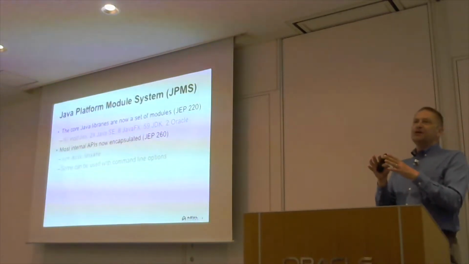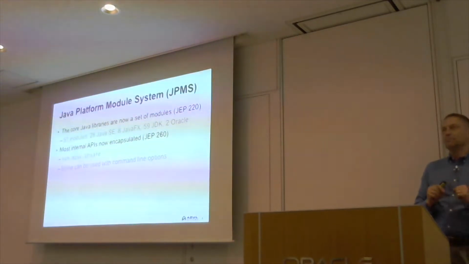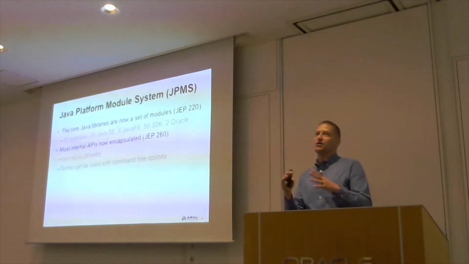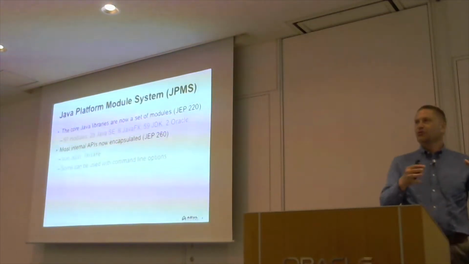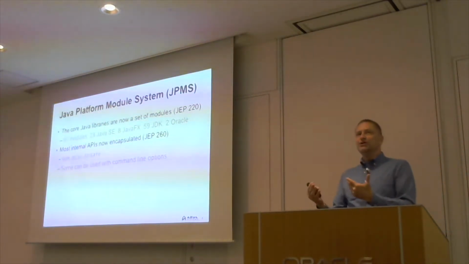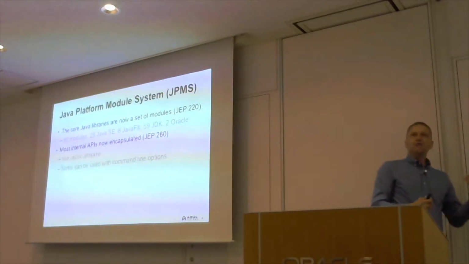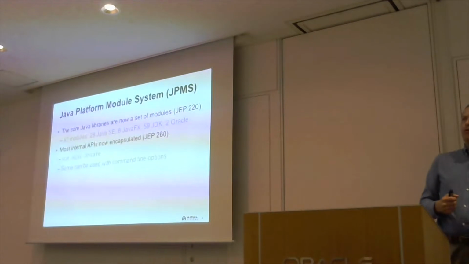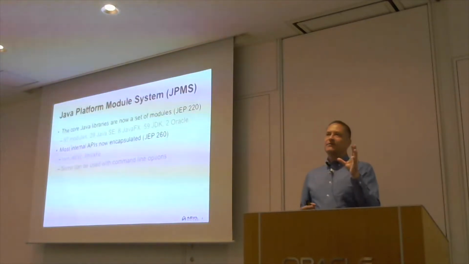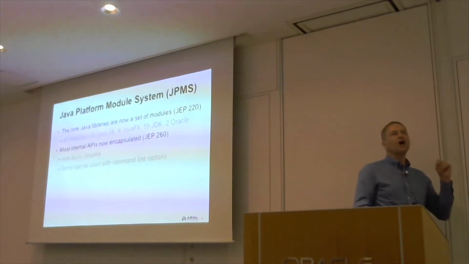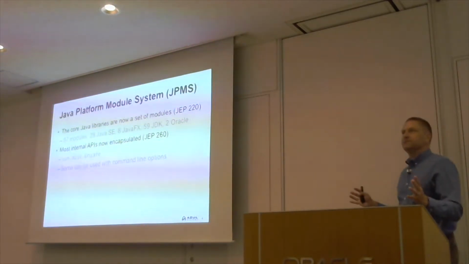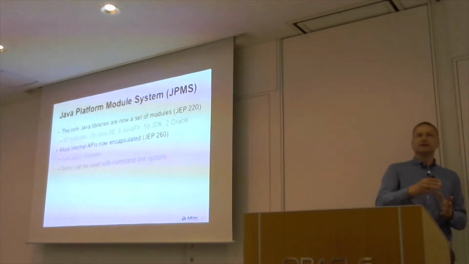If you look at the class libraries in JDK 1.0, you will find there are just over 200 classes that you can use for writing your applications. Now that's nice, you've got some libraries and you can do things with that, but it's not a very powerful or rich set of libraries. Over the last 23 years, more and more classes and methods have been added to Java. If you look at JDK 8, there are about 4,500 classes in the standard libraries, which is great, because now we don't have to write a list interface.